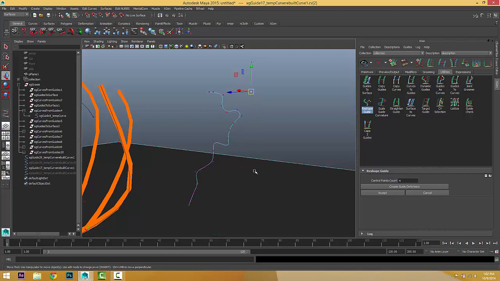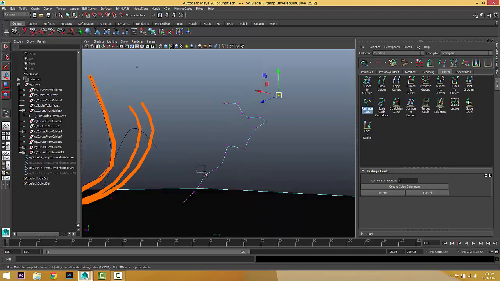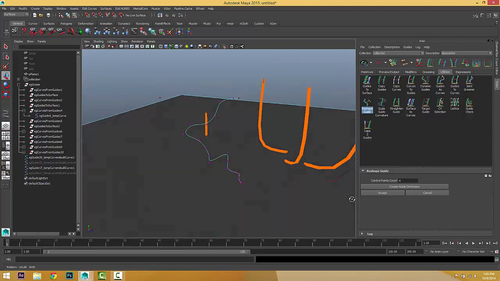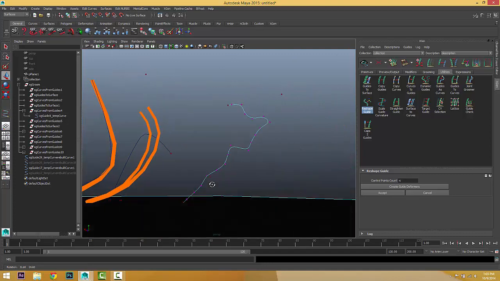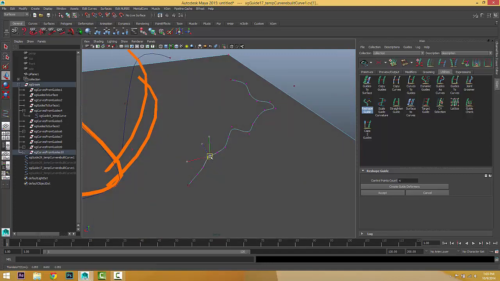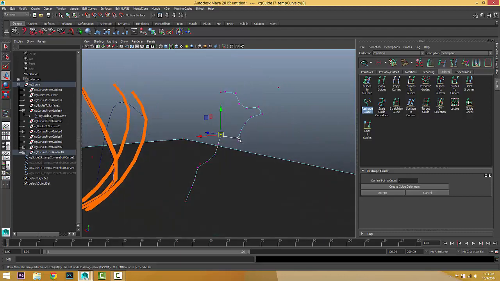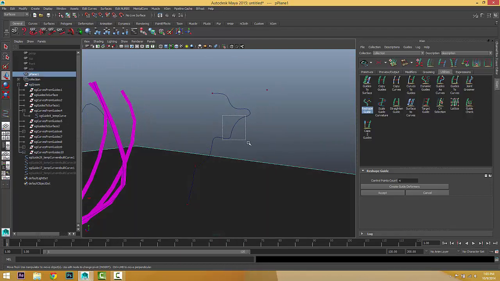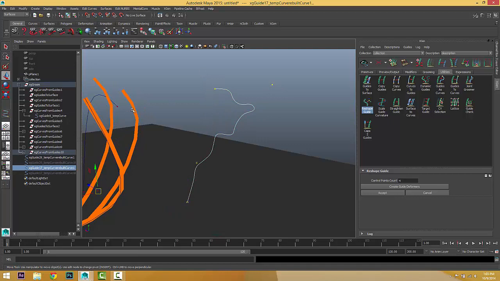Now we'll get 4 deformers. As you can see, we've got quite a lot, but we've got 4 deformers, and with all these 4 deformers, yes, we still got this, but we got 4 deformers. With that we can change the shape. Okay, it's supposed to be 4, but it's a little bit tricky, but that's it. You can see this is 1, this is 2, 3, 4. You can see this is 4.